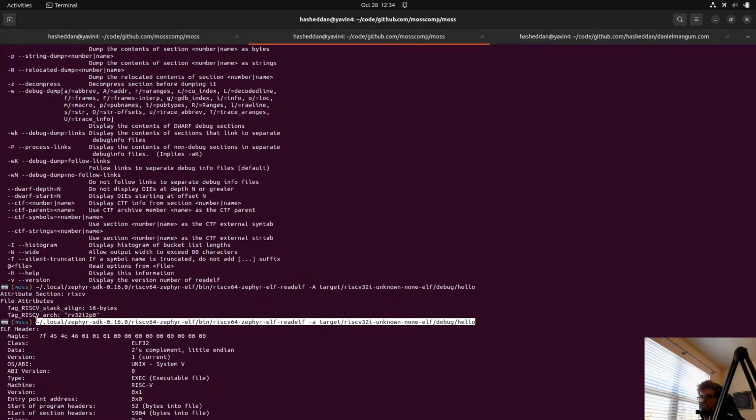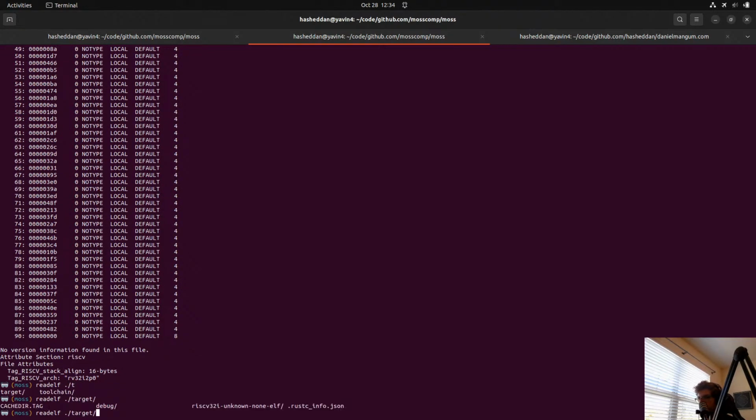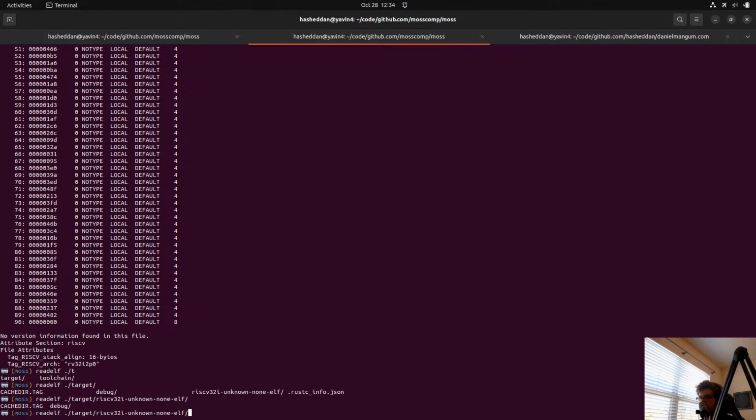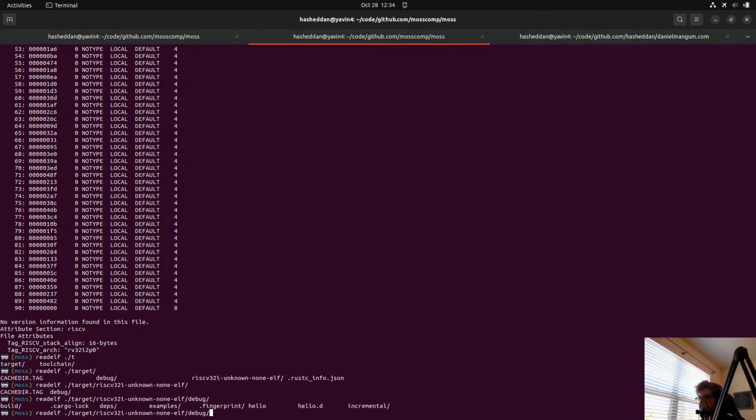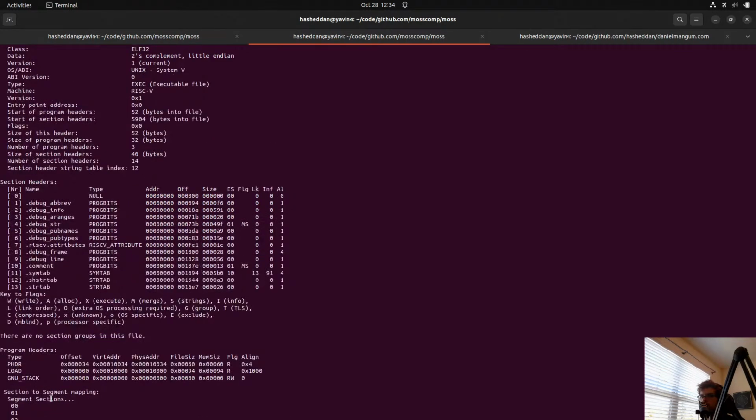So we can use this, which is helpful, because I believe that target RISC-V debug hello. Maybe this will actually give it to us. I don't think it will. Oh yeah, okay, it still will.